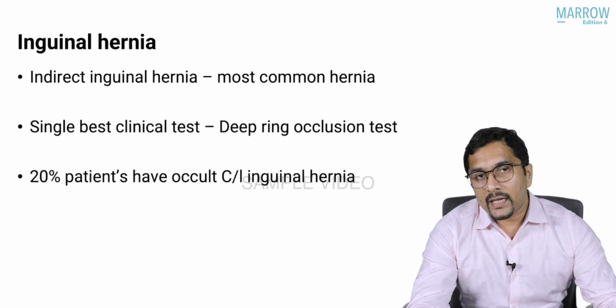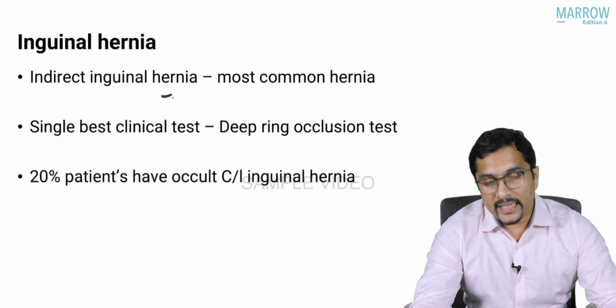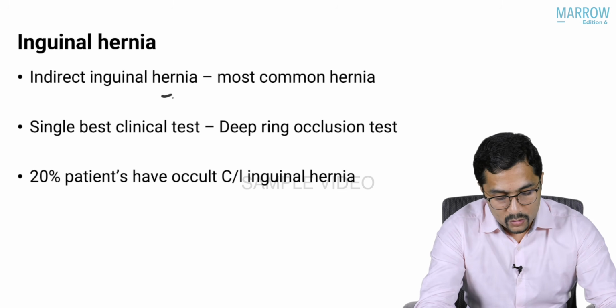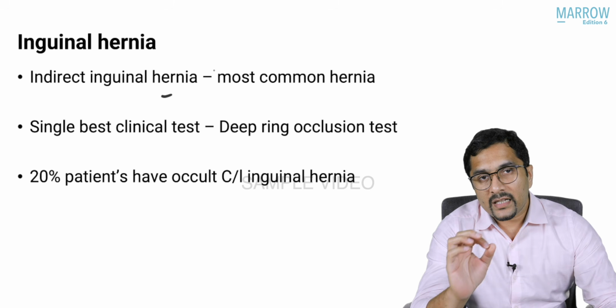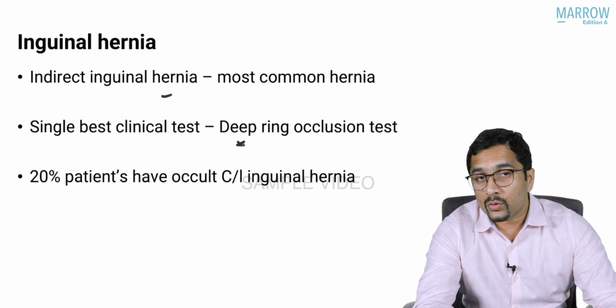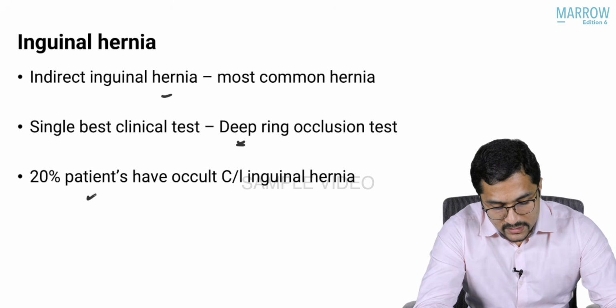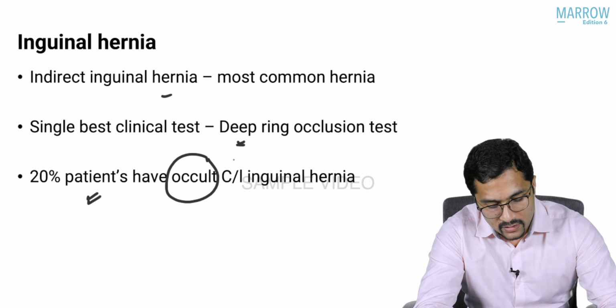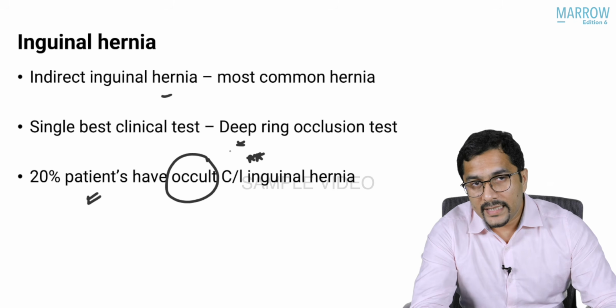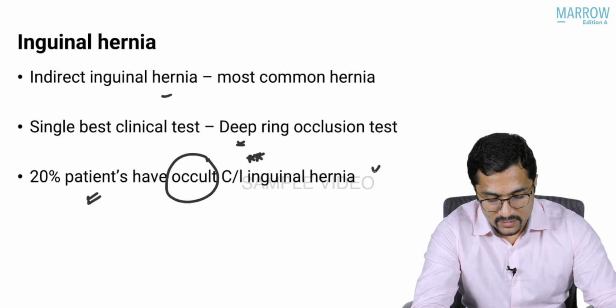Now, inguinal hernia is the most common hernia. Indirect inguinal is the most common in both males and females. Please remember that, both males and females. And for clinical tests, the single best test is the deep ring occlusion test. 20% of patients have an occult contralateral inguinal hernia. This question was asked in both the NEET exam and the super specialty exams, and this is a direct line